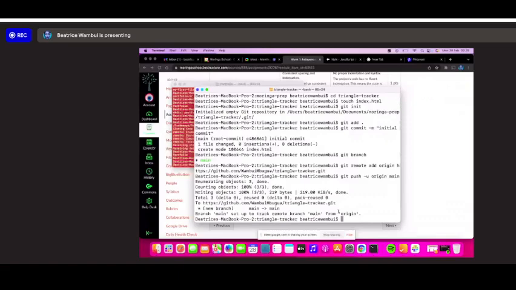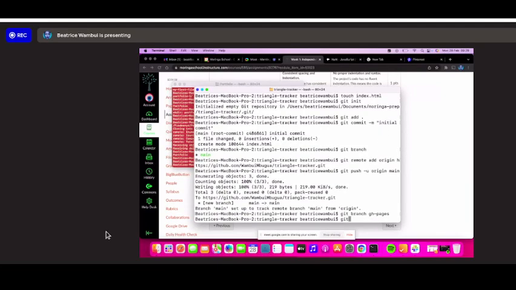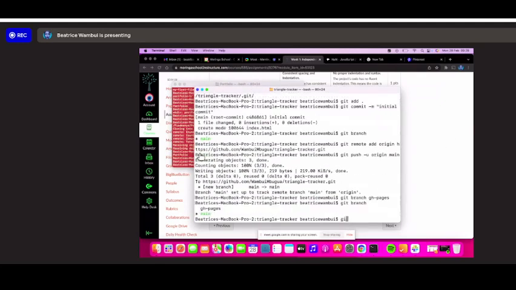I'm in Git, right now I'm in Git main. So I do Git branch, GH pages, right? I check Git branch. I'm like, okay, I'm in the main. So I check out to,